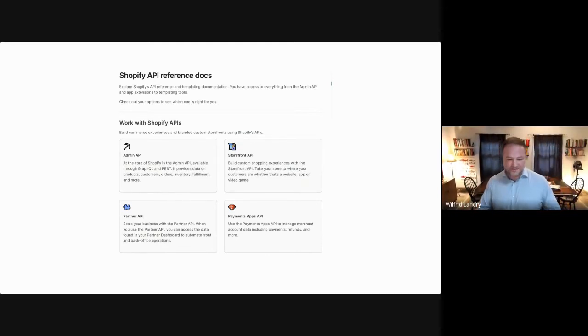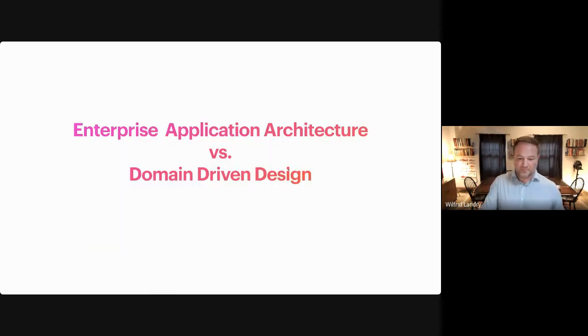So this is an example of how the Shopify API divides up the different bounded contexts. You have the admin API, where you're dealing with all of the components of running the e-commerce site, where you might be dealing with taking orders and shipping and calculating taxes and processing payments. And then you have the storefront API, which is all about selling it. And this is a good example of how in domain-driven development, you'll separate those different contexts, and then you'll develop from that standpoint. And like I said, this is